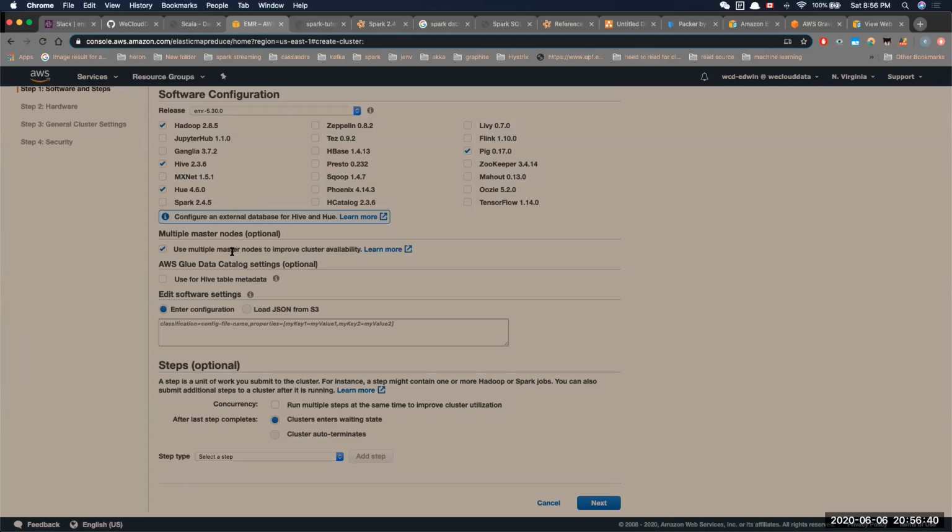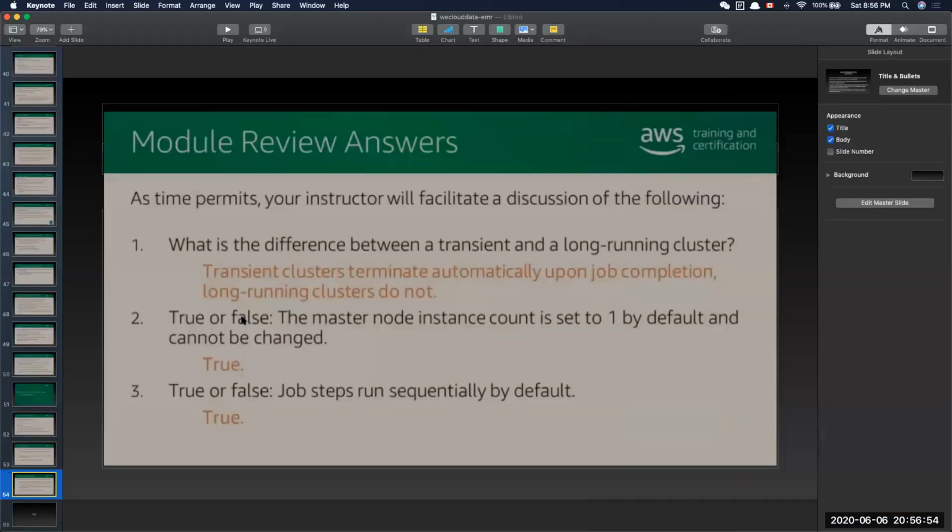However, if you're running jobs in a long-running cluster, having this selected is going to increase your overall availability as a cluster. Jobs that run sequentially by default is equal to true, which is FIFO, first in, first out. And then you can change to a fair scheduler, if this